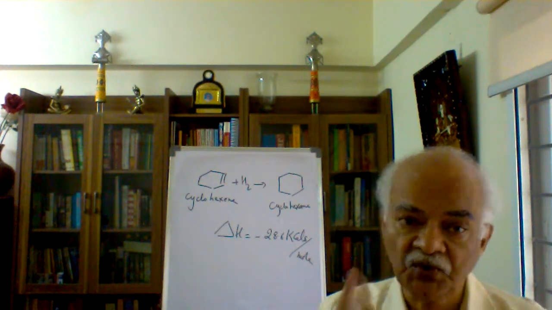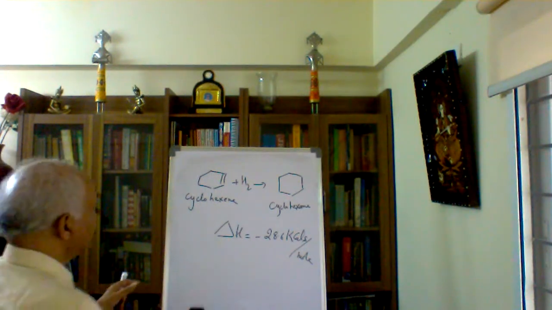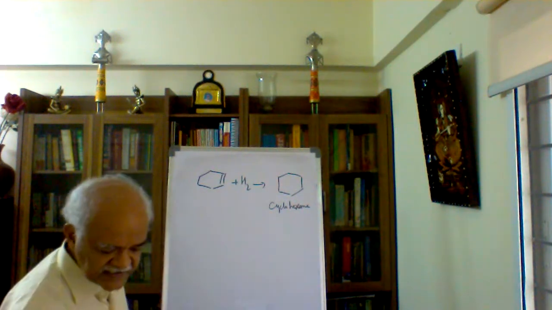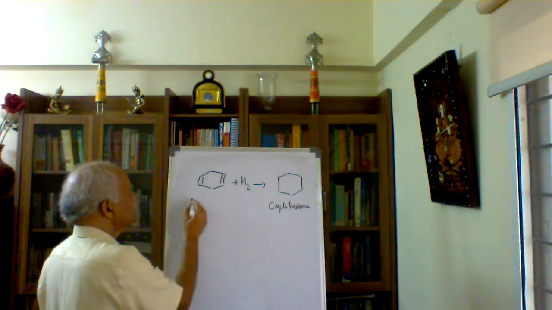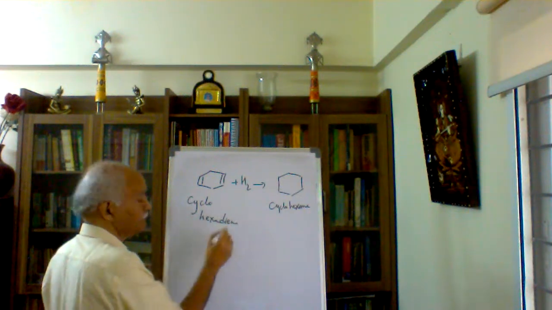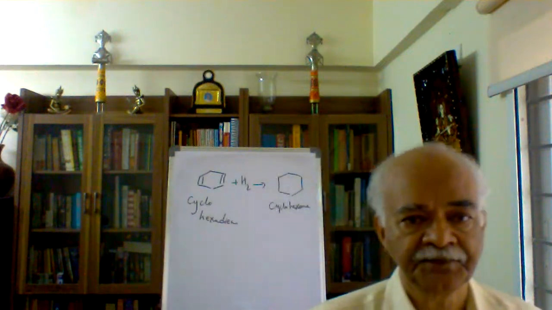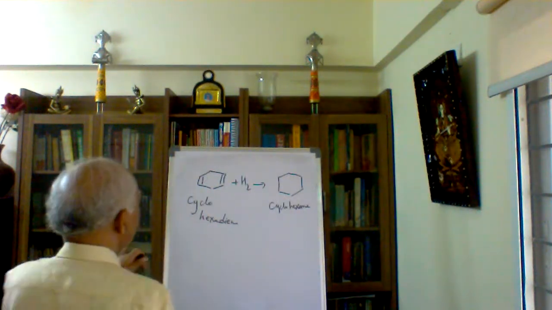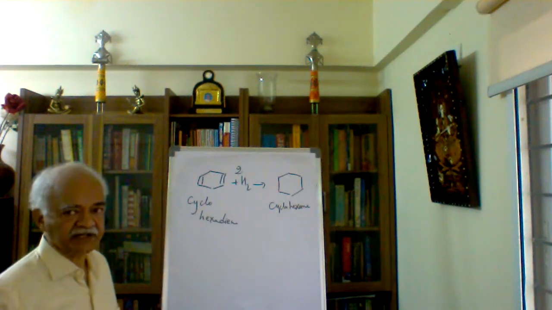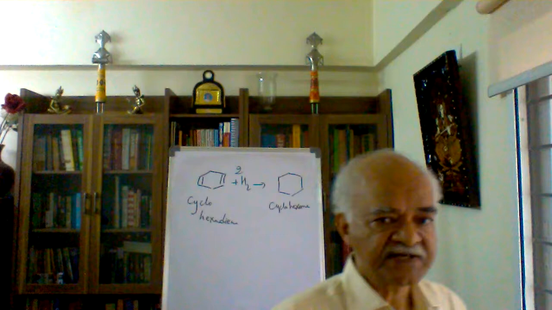Next, I want to take two double bonds now in a cyclic compound again. The focus is certainly on the cyclic compound. So what I am now trying to do is take a cyclohexadiene. This is cyclohexadiene. The double bonds are taken twice, but they are not in conjugation. Therefore, if I am to go for a hydrogenation reaction again here, I need to take 2 moles of hydrogen, such that cyclohexane is formed.